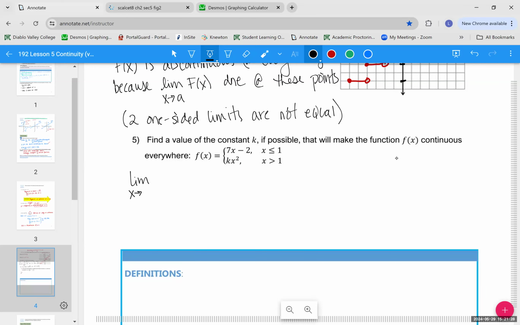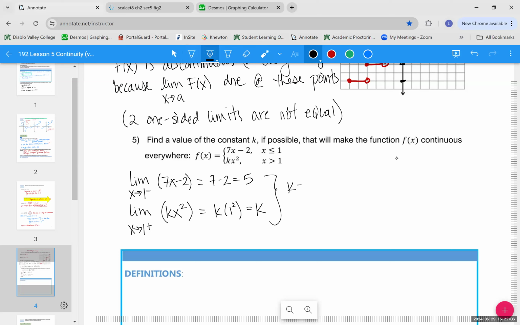We're going to approach it similarly to what we have been doing so far. We're going to do the limit as x approaches 1 from the left, which will be this 7x minus 2, and the limit as x approaches 1 from the right, which will be this kx squared. We'll plug in our 1. And so here are our answers for our two one-sided limits. As we approach 1 from the left, the limit is 5, and as we approach 1 from the right, the limit is k. So our conclusion will be that k must equal 5